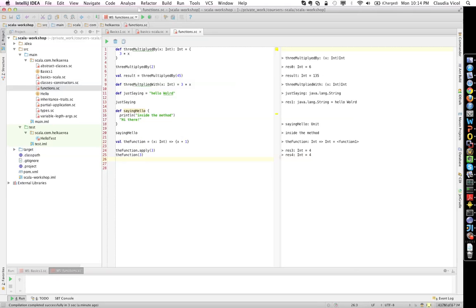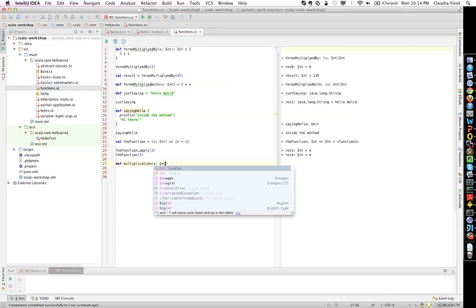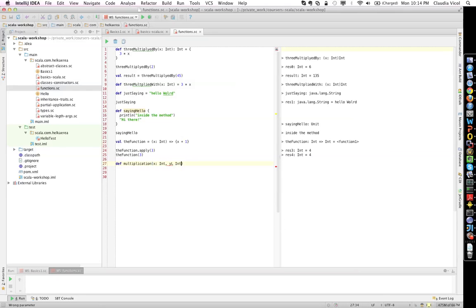Another very important difference between a def and a val regarding functions and methods is that if you do a def, you can give your arguments default values. So I'm going to define a function called multiplication, and I'm going to say x is Int and y is Int, and I'm going to say x times y, and I'm going to print the arguments. X is